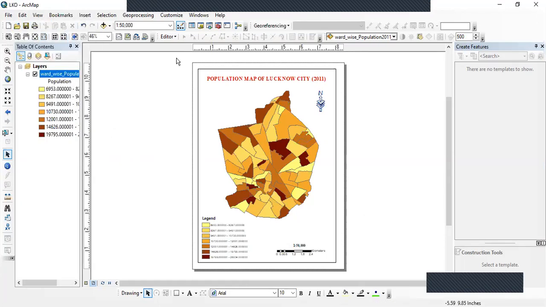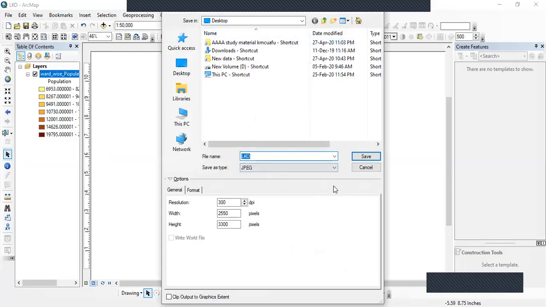So we are going to export this map in a viewable format. So we are going to see in how many formats we can export this map. So here EMF, EPS, AI, PDF, SVG, BMP, JPEG, PNG, TIFF, and GIF.